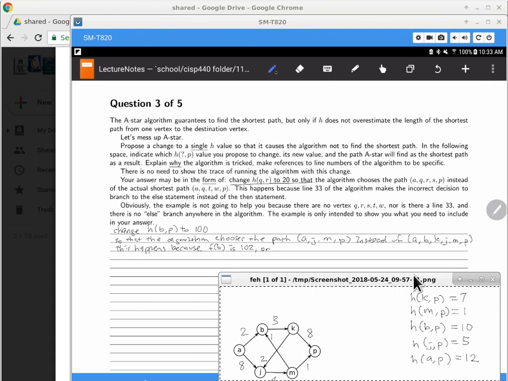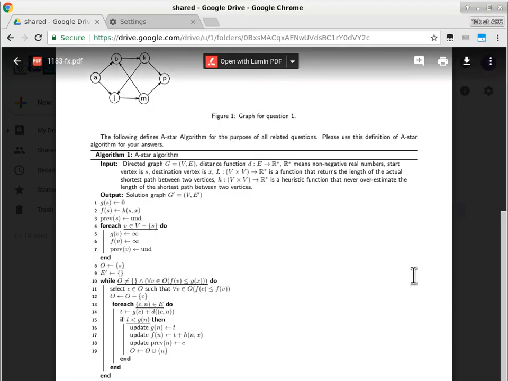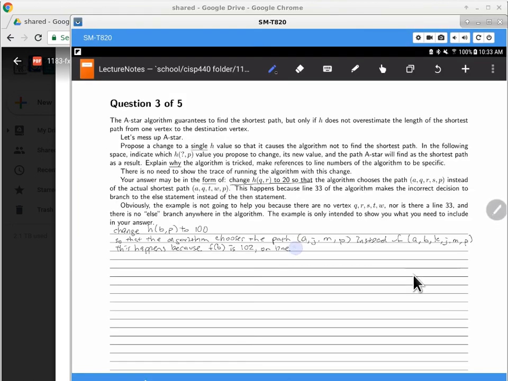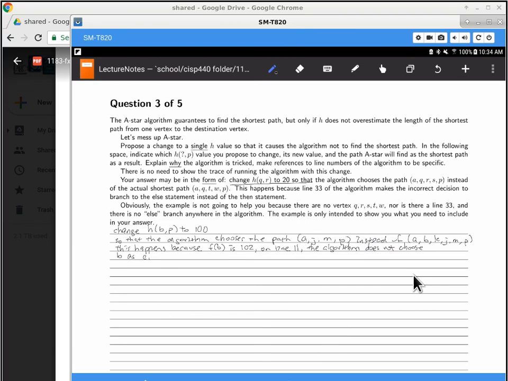Now we refer back to the line numbers. On line 11, the algorithm does not choose b as variable c. Now, that may seem to be enough, but that's actually not the case,